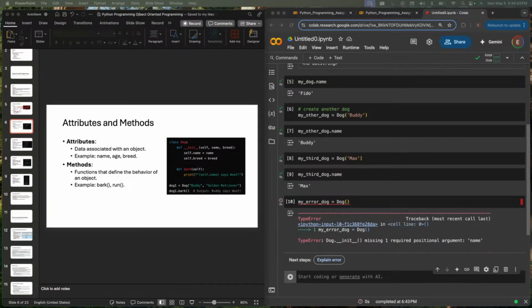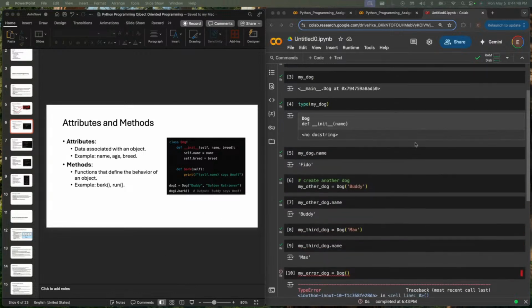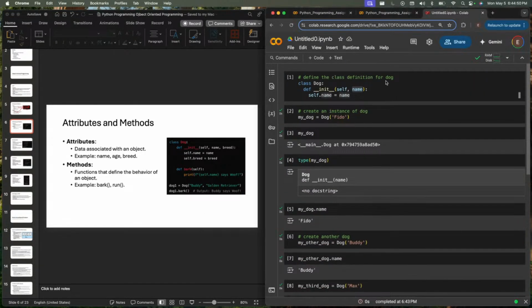We're going to take a 10-minute break. If you guys could try to spin up a class in your own notebook, and do something different than Dog. Maybe define a cat and try to come up with an attribute that would be associated with a cat, and try to create a class definition for a cat.